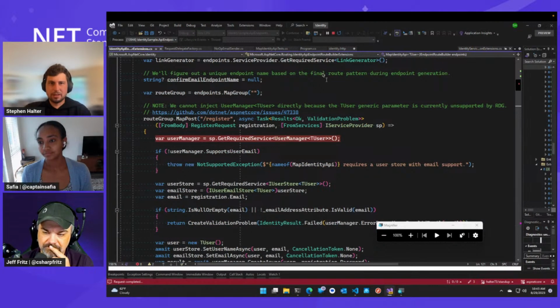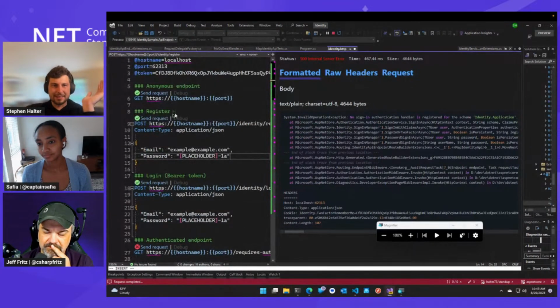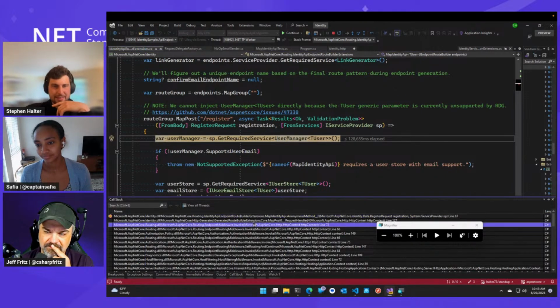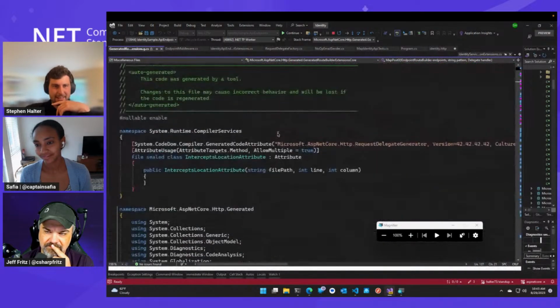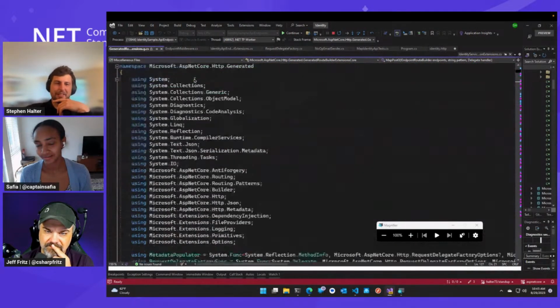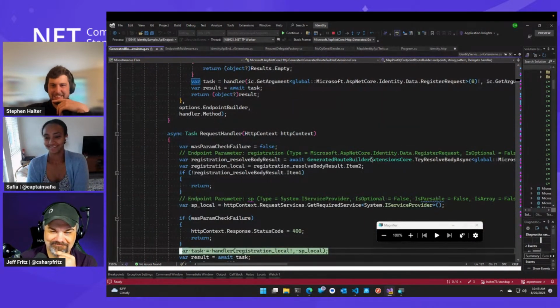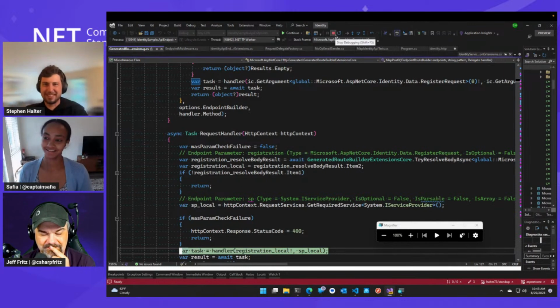And then, I guess the point I want to make is if we look at all these new MapIdentityApi endpoints, it's got some fun stuff with some auto-generated code. And I think Safia can tell us a little bit more about what this code generation is and why it's calling into my register handlers and so forth. Hopefully that's the way to end this. Sorry for running long. Oh no, that was great.